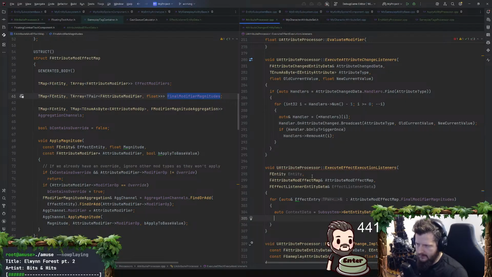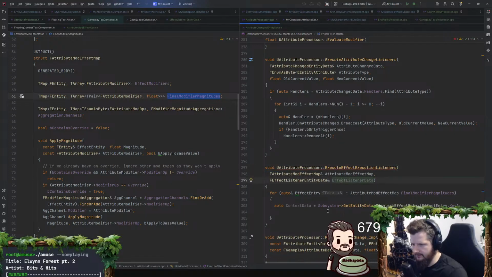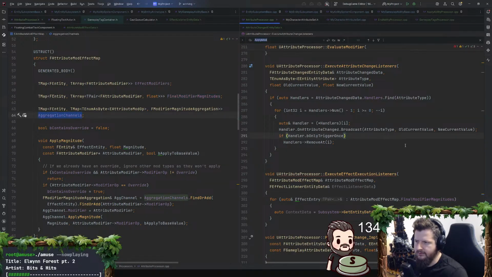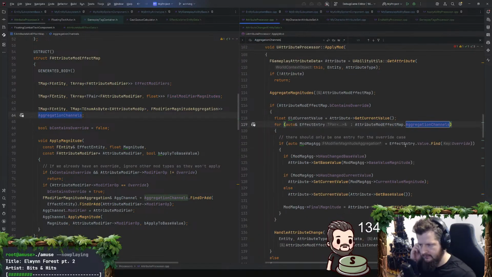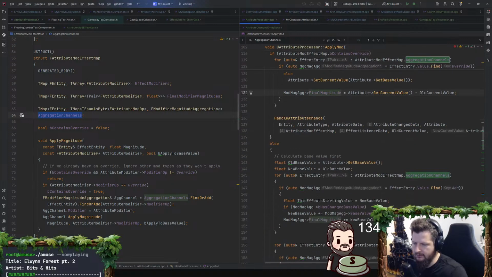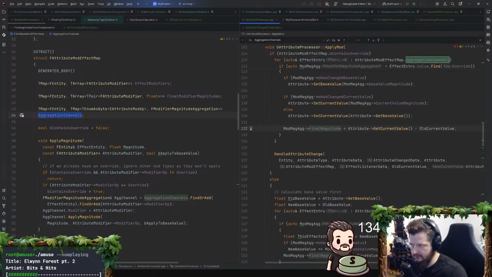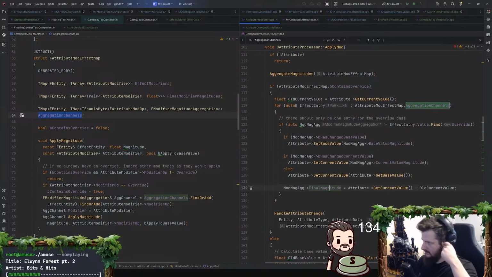Okay. I don't think I need entity here. Attribute mod effect data, but these final mod values. So when we do this, mod mag ag, final magnitude, I think I need to change that to finding.